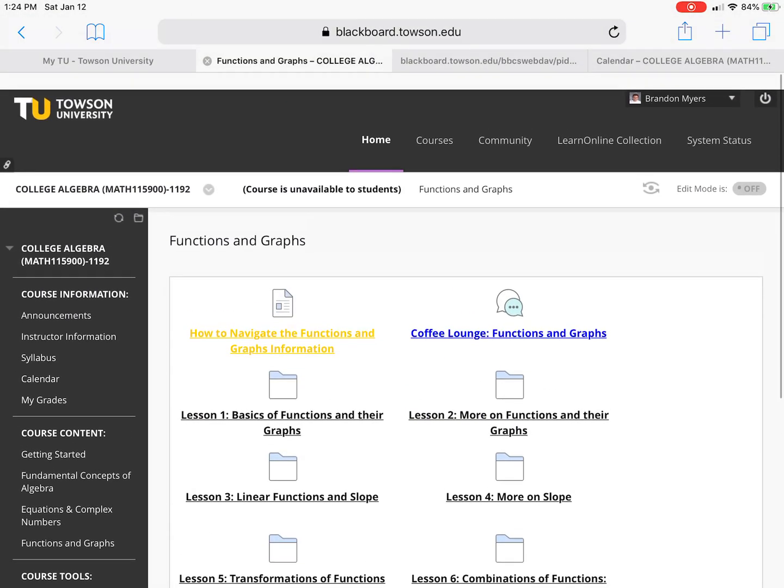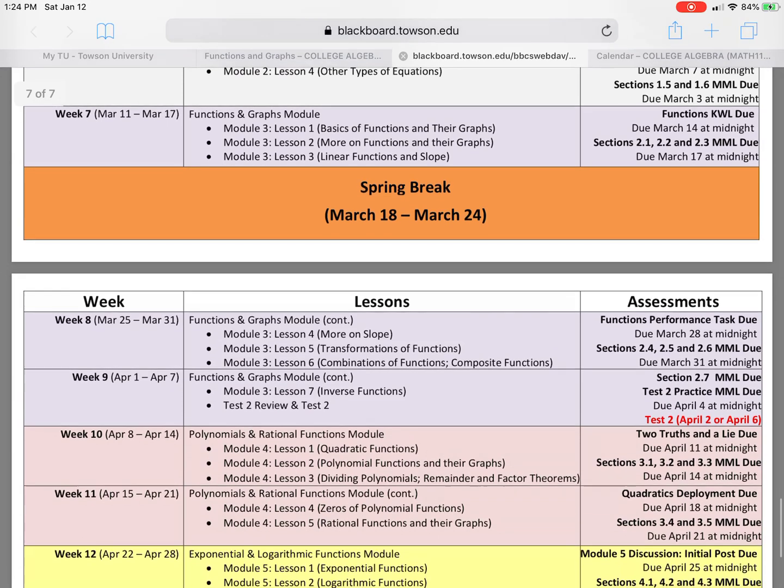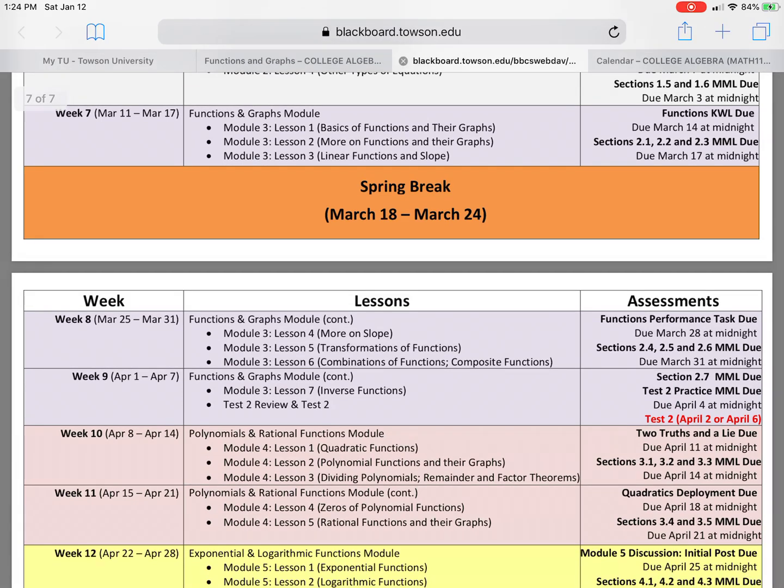One thing I want to remind you of is the syllabus has a schedule at the end of it, and the Google Calendar that's posted on Blackboard. These are going to be tools for you, especially in this module, because as I said, there's 7 lessons. It can be very overwhelming if you're not pacing yourself. Sure, you can move ahead, work at your own pace, but don't feel like you have to do all 7